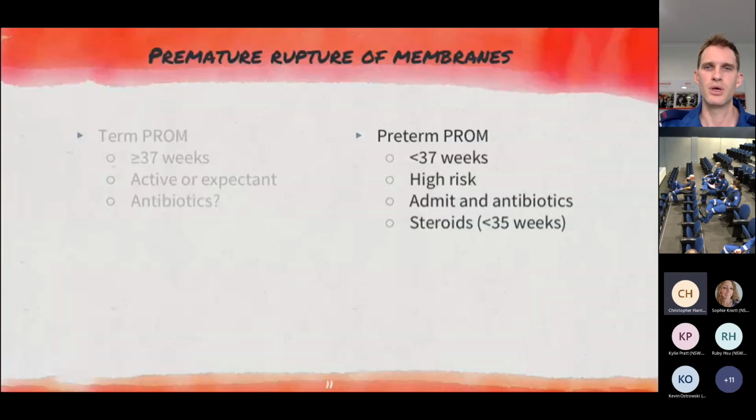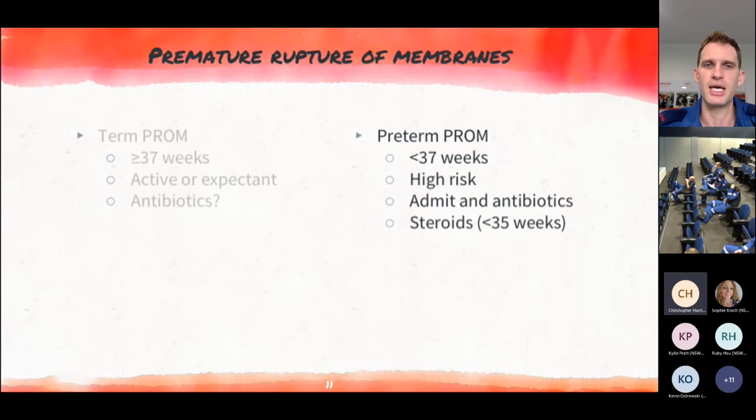That's in contrast to preterm pre-labor rupture of membranes, so that's before 37 weeks, and these are much higher risk for infection, but also a few other complications like cord prolapse, because there's more space for that cord to fall through, and antepartum hemorrhage as well. So in these cases, they are admitted into hospital generally, and they're monitored and given prophylactic antibiotics in all cases. If they're less than 35 weeks, they're given steroids, and this is a treatment that will come up in a lot of the